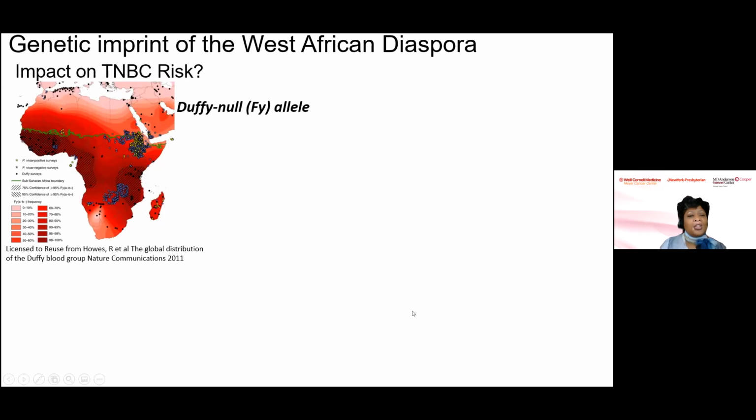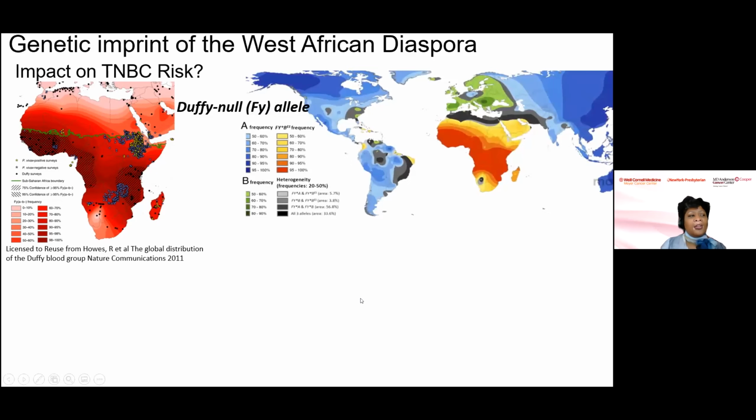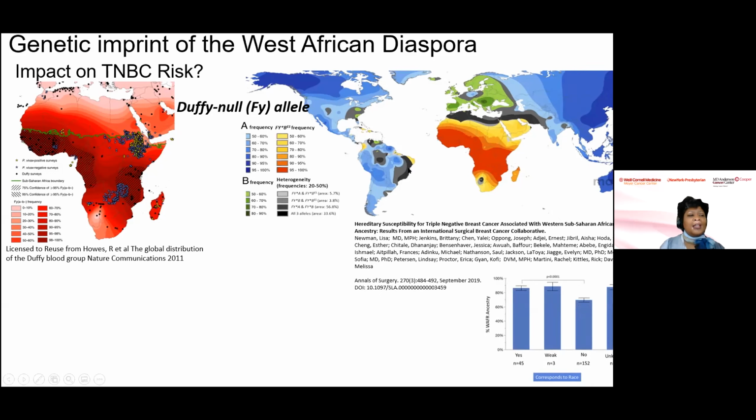One of the alleles that tracks very well with the migration pattern or displacement pattern of the transatlantic slave trade is the Duffy null allele. It is a mutation in the gene called DARC. It was fixed in sub-Saharan Africa, fixed meaning over 99% of the population would have this variant of the gene because it conferred immunity to malaria in this region. And so we can see the imprint of the West African diaspora across the globe simply by looking at the